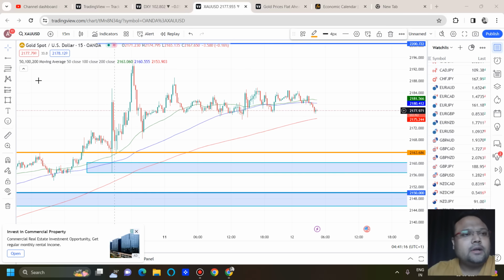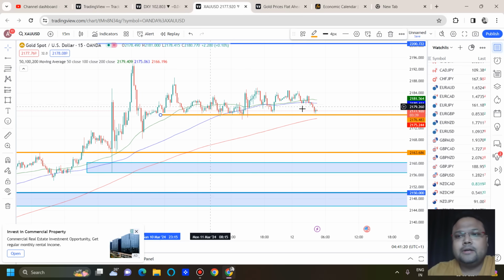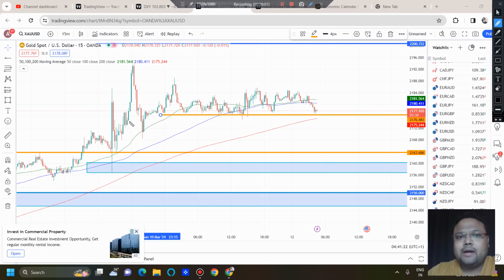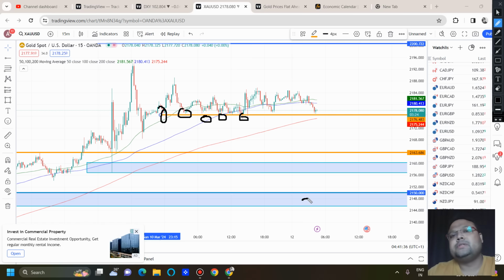Anyway, we can also see that on the 15 minutes time frame, the market is taking support around 2177. The market is repeatedly taking support here since yesterday, but this level has become too common, so be careful this time. I'm not going for any position. Yesterday also I did not take any position, because I was hoping for a buy around 2150 and 2164. The market did not come, so let's wait and watch. Hopefully I'll get some position today.